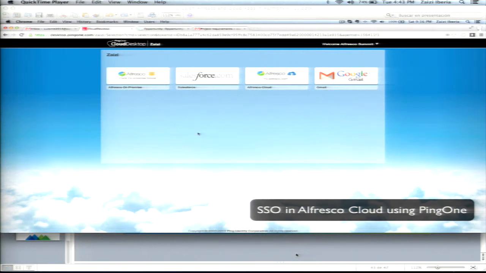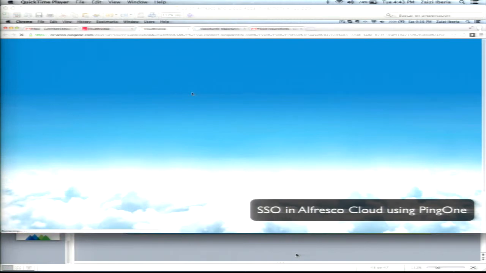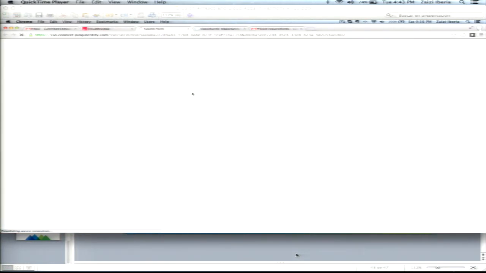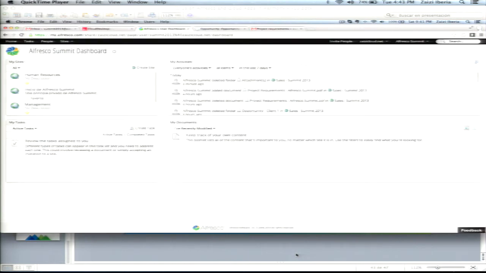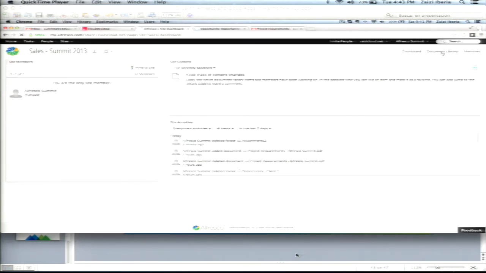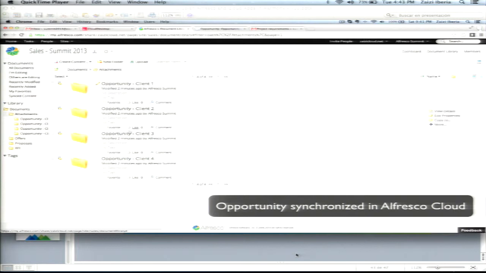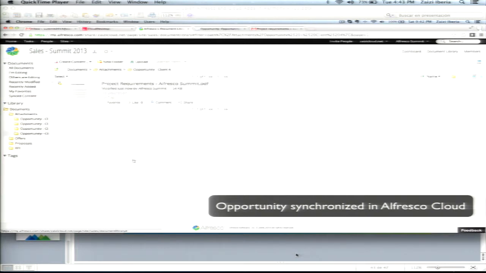And now if we go to the Alfresco Cloud instance, we can see the new document available in the configured site in Salesforce, in the Sales Summit site. In the attachment folder, in the Opportunity Client 4, we can see the new document. And if we go to the Alfresco on-premise instance,